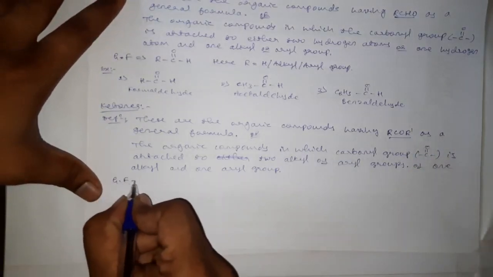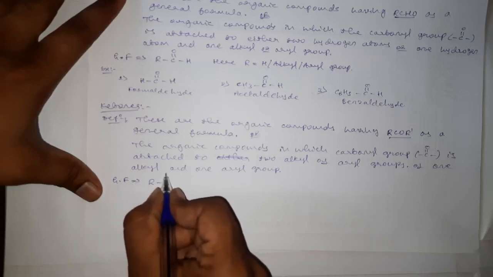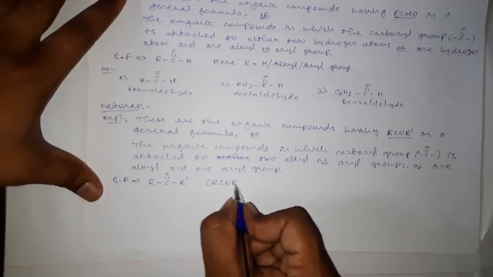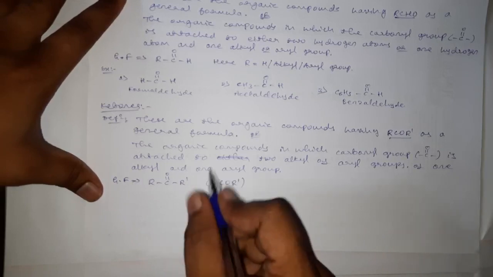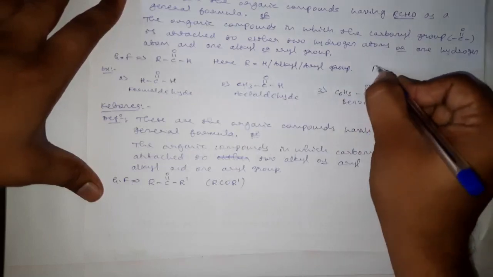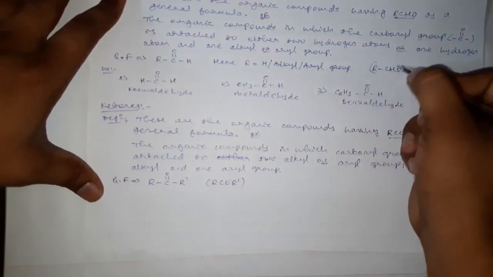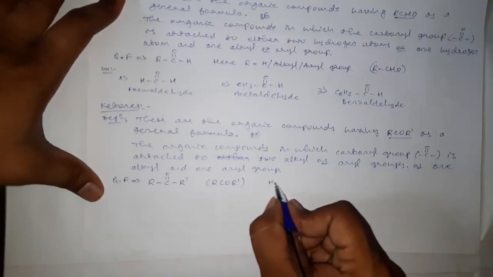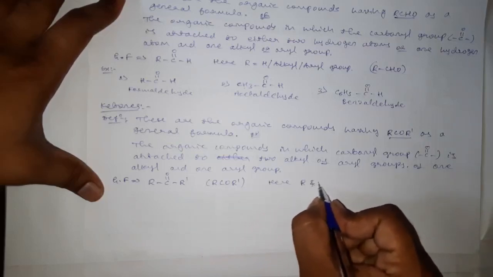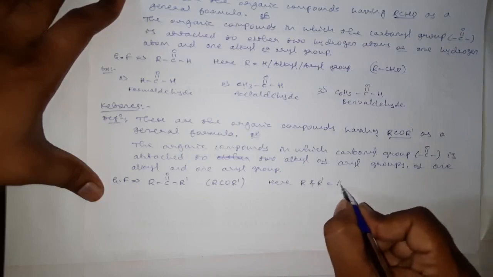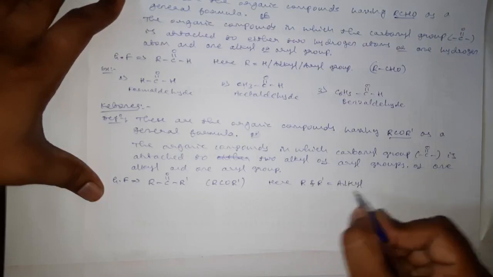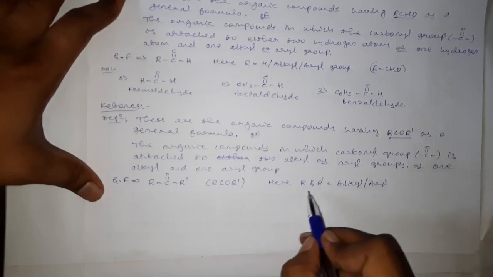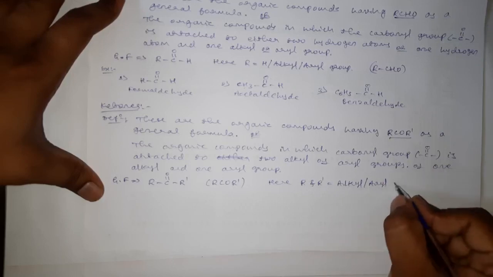And we know the general formula for ketones is R C double bond O R dash, or we can write this one as RCOR dash. Okay, and here this aldehyde can also be written as RCHO. This is also the general formula for aldehyde. And according to the second definition, here we can write R and R dash may be either both alkyl or both aryl, or one may be alkyl and one may be aryl. Okay,